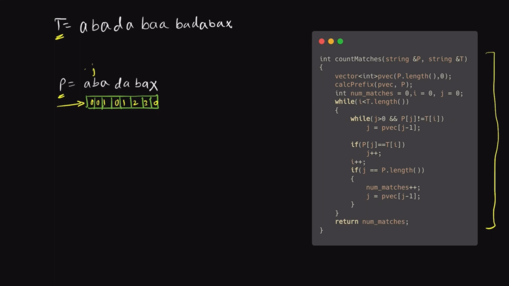Again they will match, and hence we will increment i and j. Again we can see that they are matching, so D and D also match. Fine, that's a good thing. Again, A will match, B will match, and A will match. So you will have a situation where your i is on this position and your j is on this position. Now you will increment it again here.